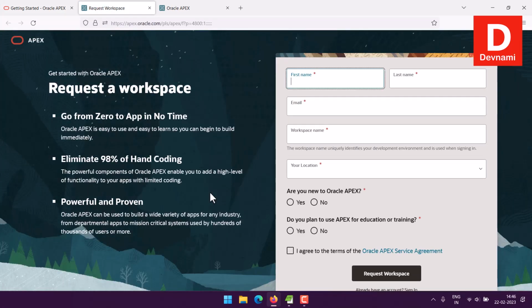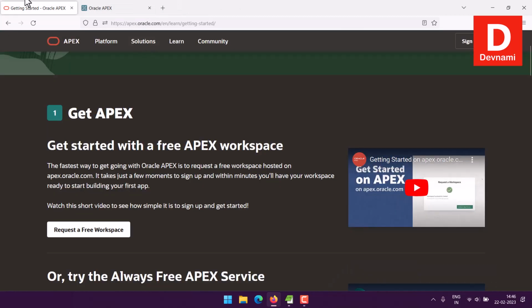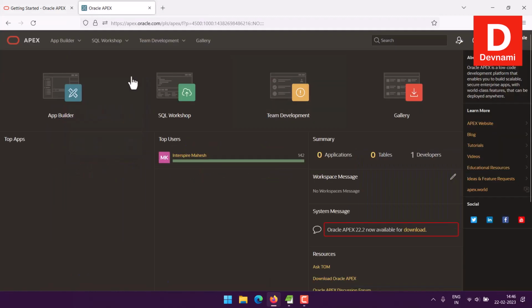Enter the name, last name, email, workspace and location, accept the terms and request the workspace. Once you go through that, you will get an approval email, and then you can log into Oracle Apex, which would have a dashboard that looks something like this,